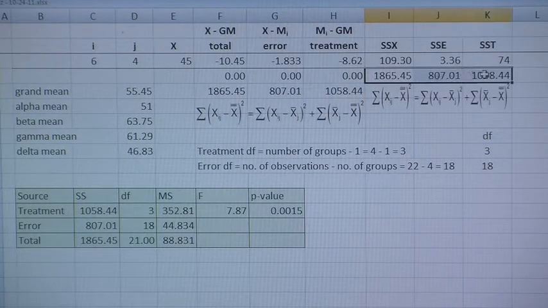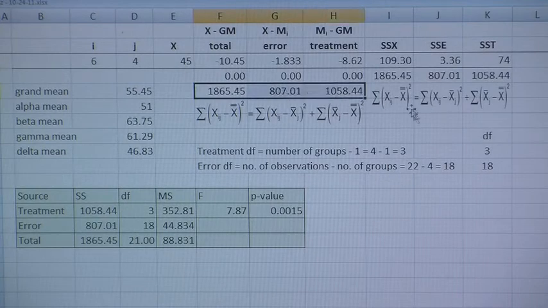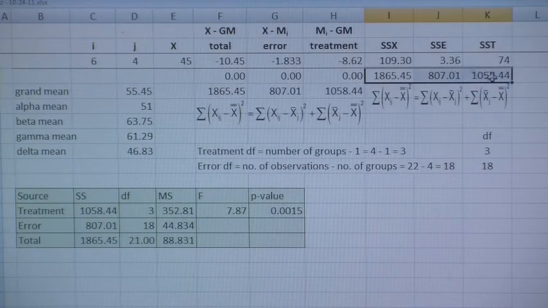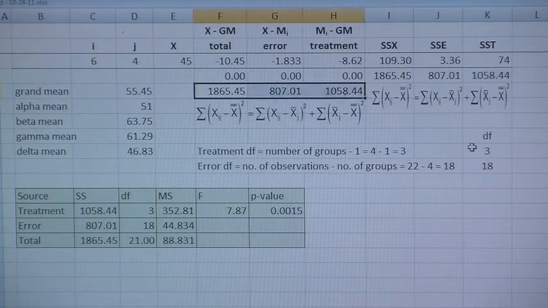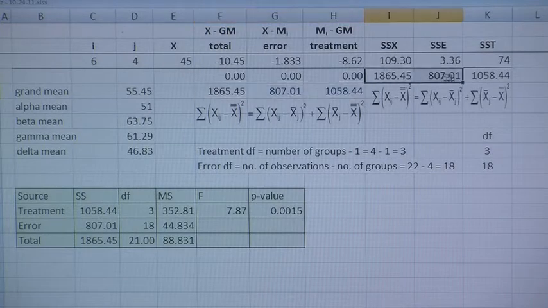Same way over here, where we actually have squared everything. So this is kind of our check of arithmetic, where these are equal to these. That tells us that we've done our math correctly. Okay? And you might say, well, why in the world would I ever have to know anything about these? Okay? Well,